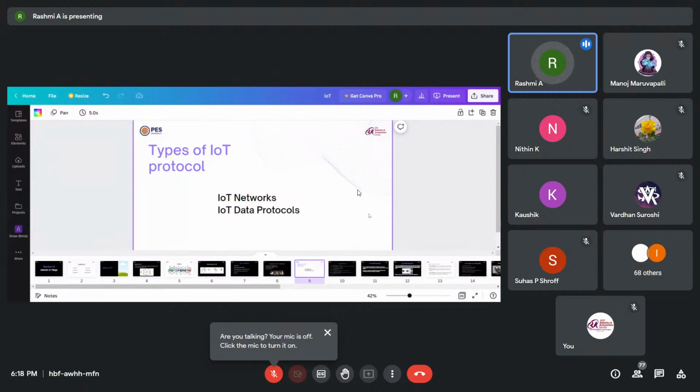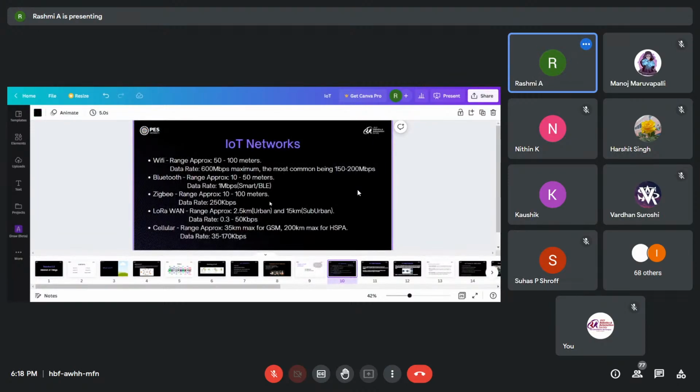Next we'll see the types of IoT protocols. The two major ones are IoT networks, and then comes IoT data protocols. So IoT networks, I'm sure most of you are familiar with all of these. So while using networks in IoT, it is